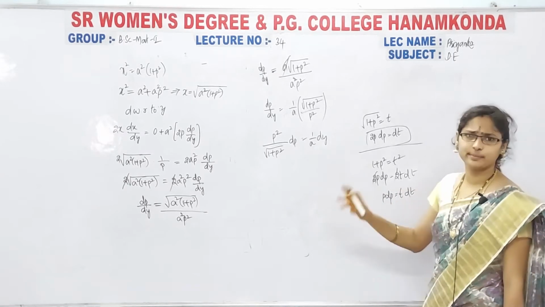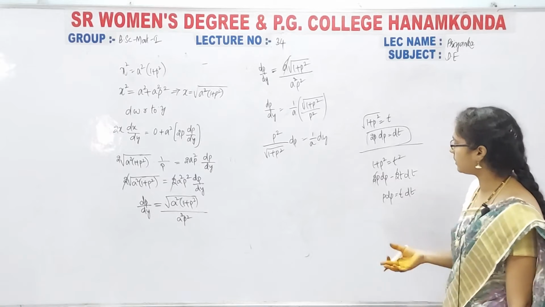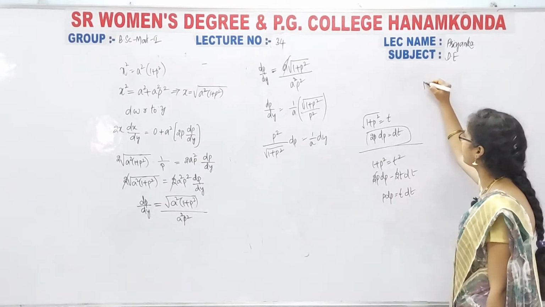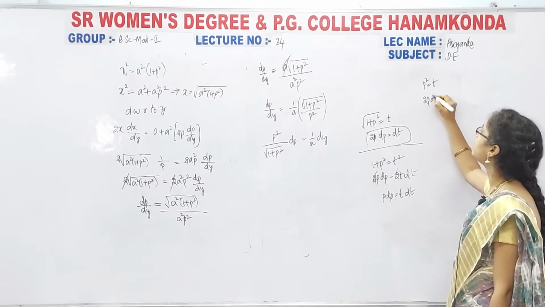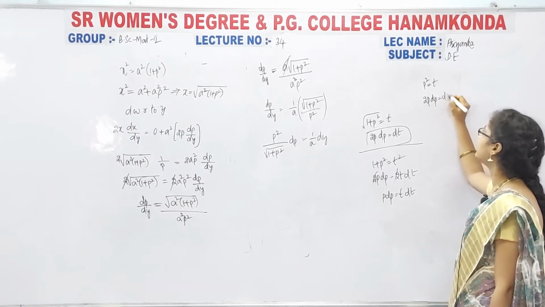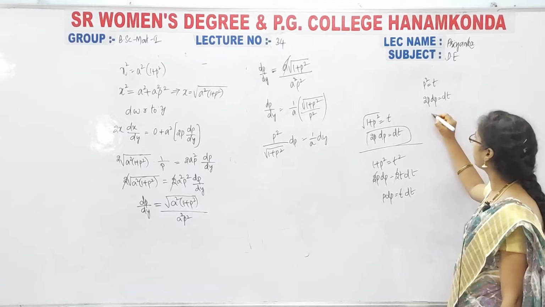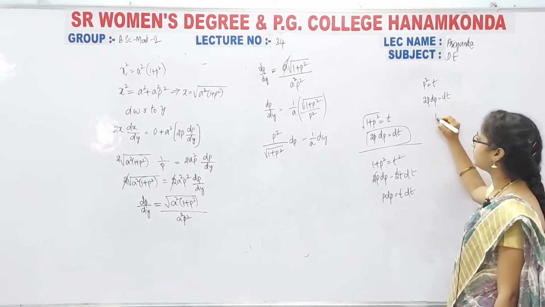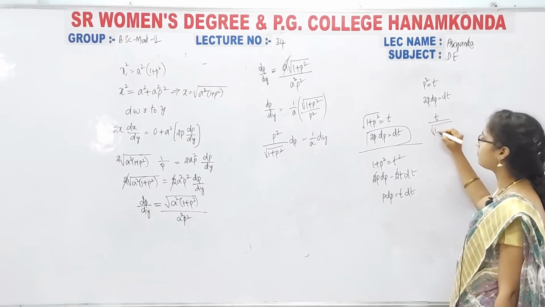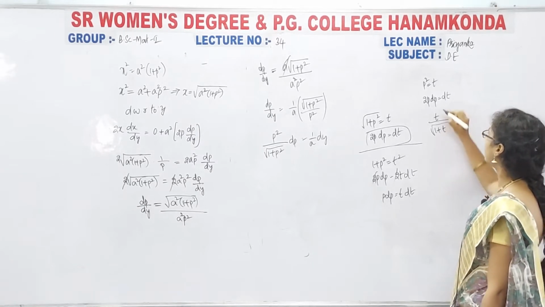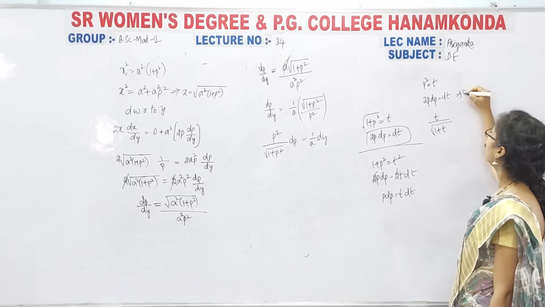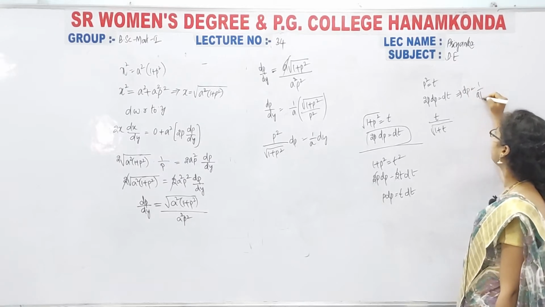We are not getting that p square, right? So another possibility, that is p square only. So p square equal to some t, then 2p dp is equal to dt. So now here what do we get? By substituting this t into the under root of 1 plus t, dp means it is nothing but 1 by 2p into dt.